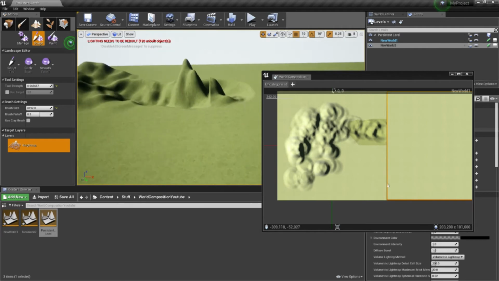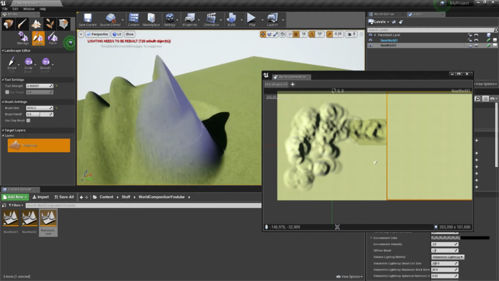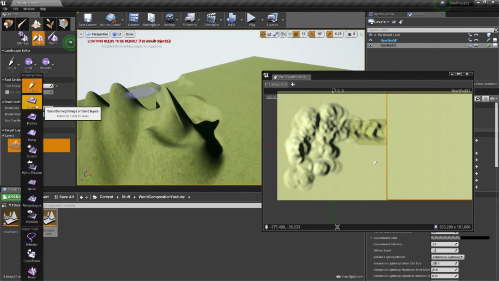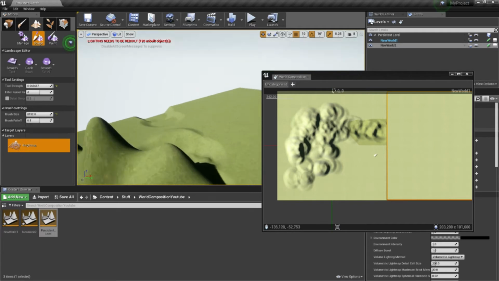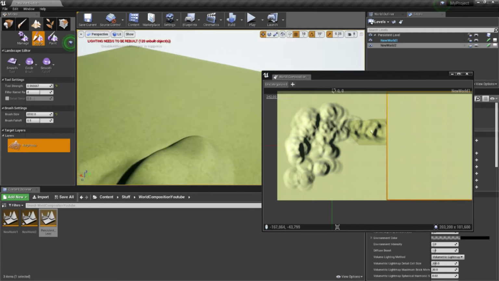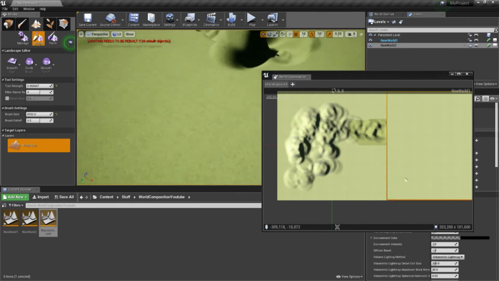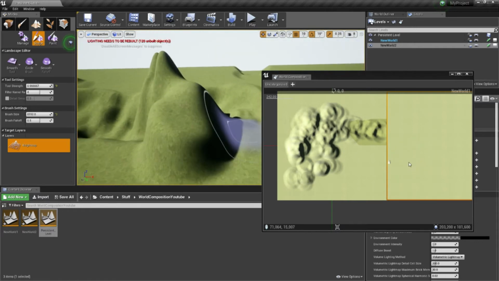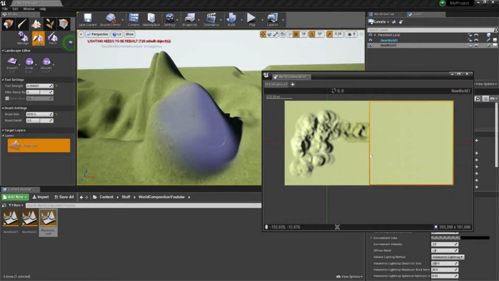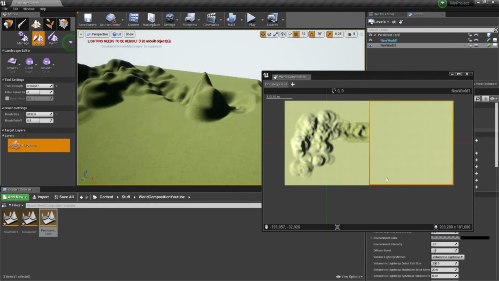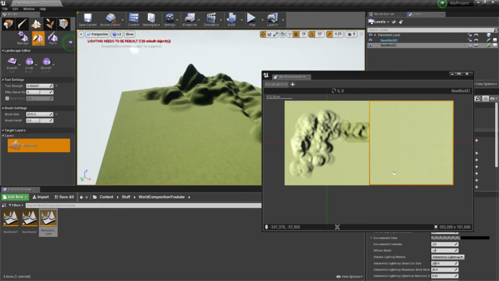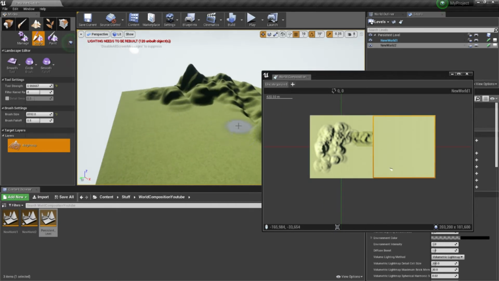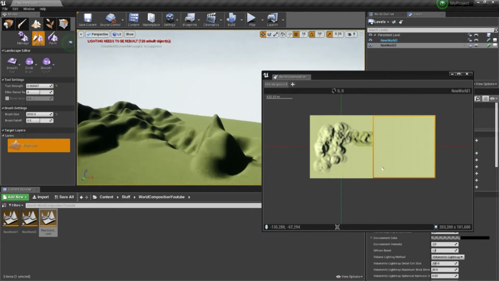So this is the power of the landscape composition tool. You might want to not do that first, so just smooth it out so the seam isn't as visible. But you'll notice that there's virtually no seam now thanks to the landscape composition, allowing you to basically blend the landscapes. So what you could do is, if you had a team of several people, one person can be working